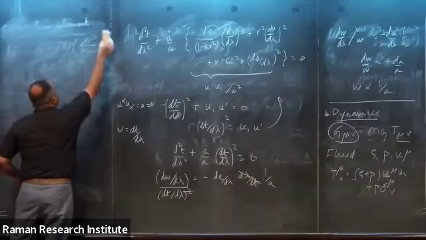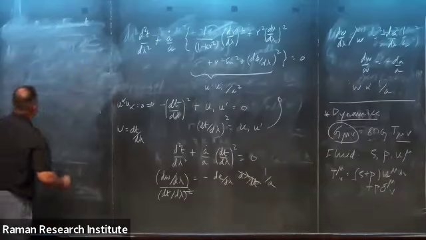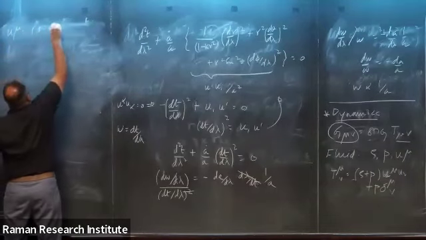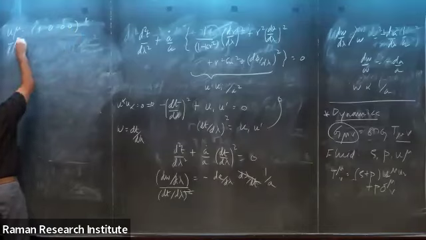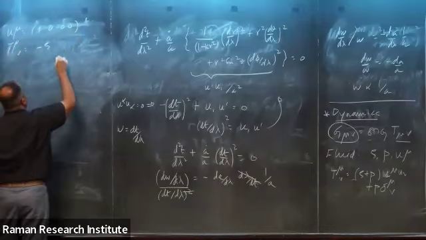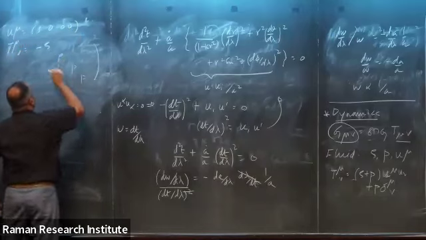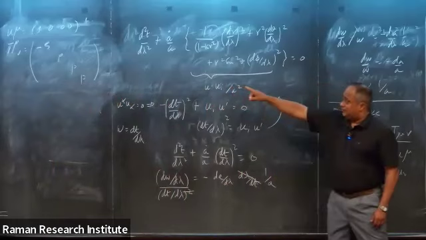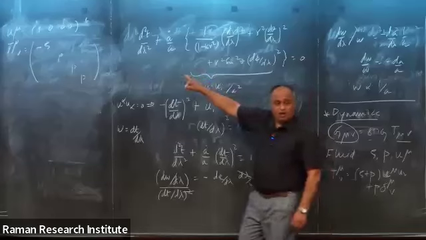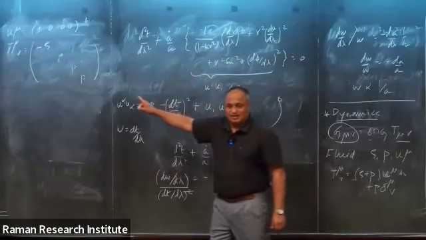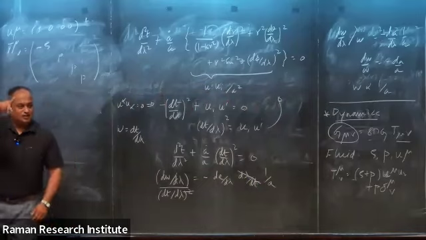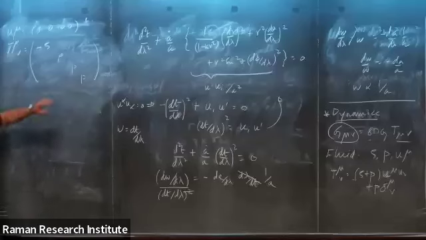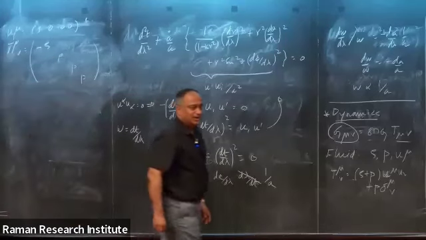The stress energy tensor reduces to the following form. In that frame, where u mu is (1, 0, 0, 0), the stress energy tensor reduces to diagonal form: minus rho, P, P, P. This is not surprising, because if the zero i components are non-zero, what does it reflect? It reflects a current flowing in some direction. Remember, in the context of an electromagnetic field, do you know what the T0i component is? It has a name.